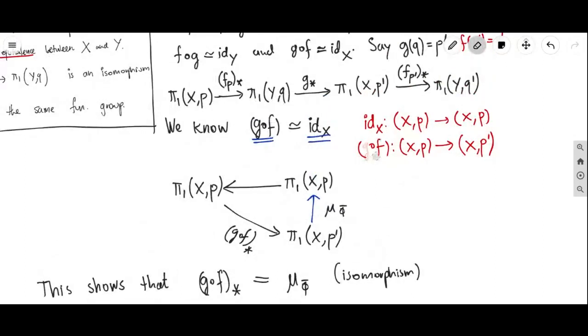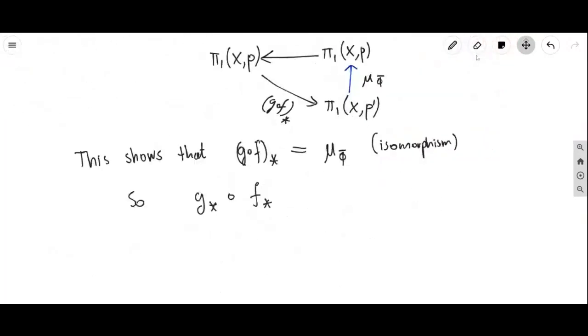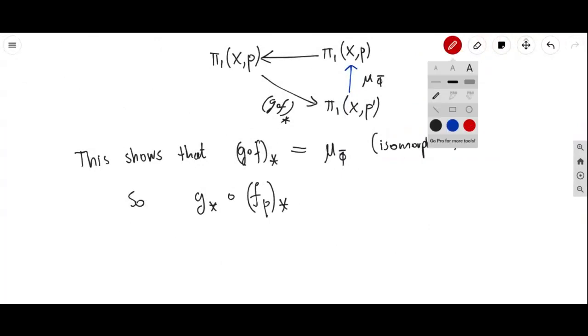You see, this is the F in the beginning, followed by G. So this is the one that maps P to Q, and we have G mapping Q to P prime. So this is the F that we had in the beginning, so this is F P star. We just understand that that was the first F that we were using. So this is equal to